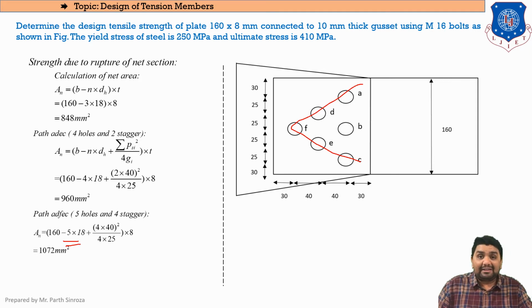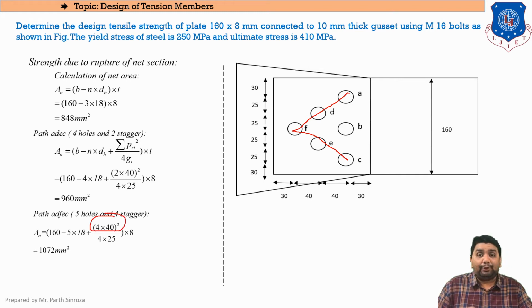And how many staggerings have we covered? We will be looking upon that. We started from hole A. Moving from A to D, this will be our first staggering. D to F again horizontally, so this will be our second staggering. Then moving from F to E, again horizontally, so this will be our third staggering. And then from E to C, so there will be total 4 staggering stages in this case. Clear? So the sigma in this case comes out to be 4.